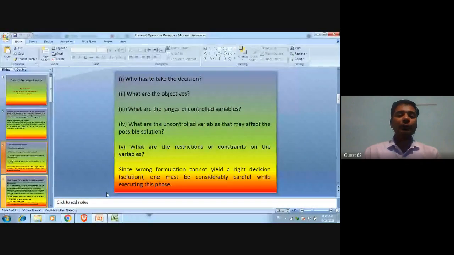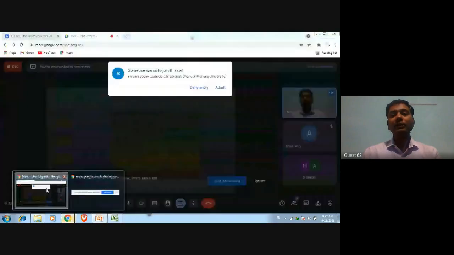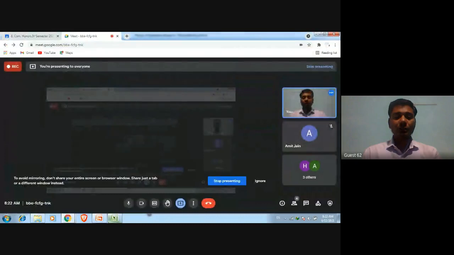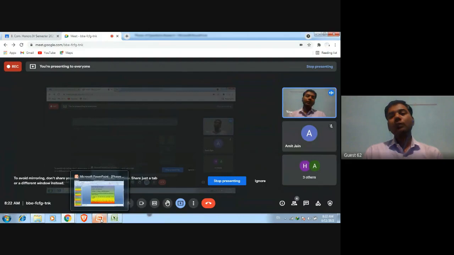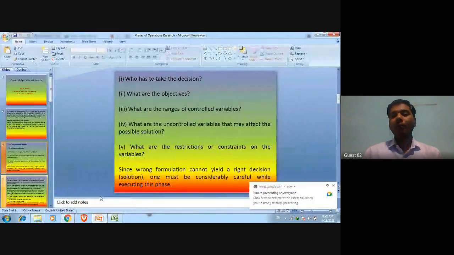It means you have to use either 100 or less than 100 kilograms of sugar. You cannot use more than 100 kilograms. So these types of restrictions are applied in your organization. In operations research, we will also apply some restrictions, and the combination of all these restrictions is called subject to constraints, or constraints on the variables.